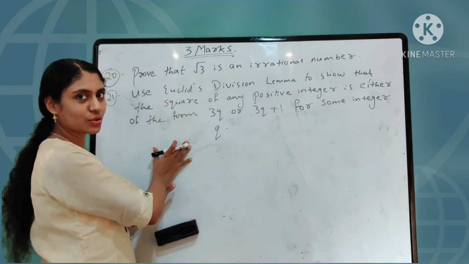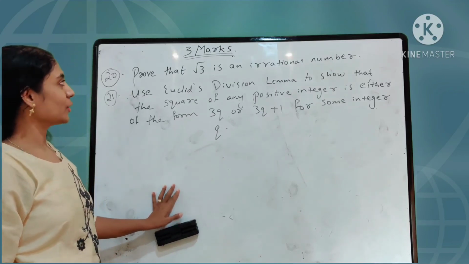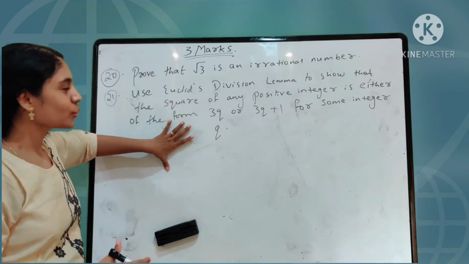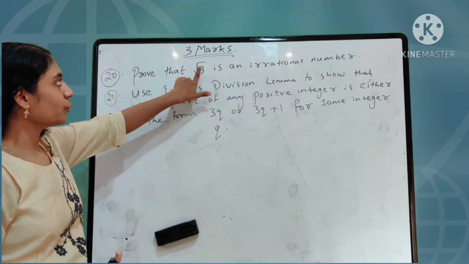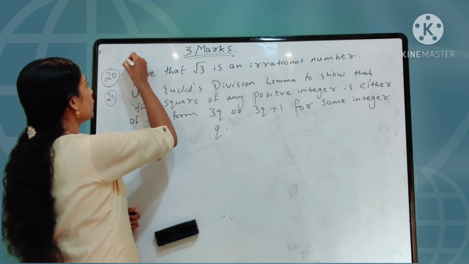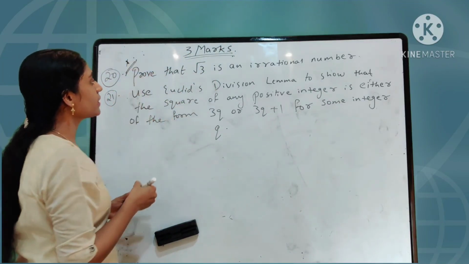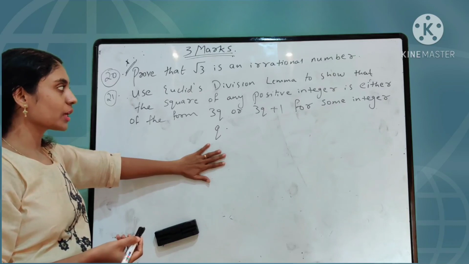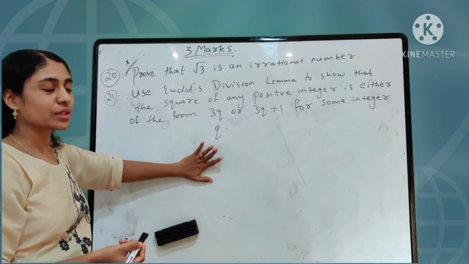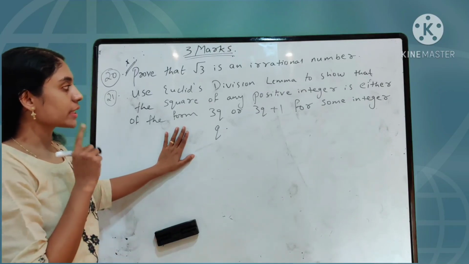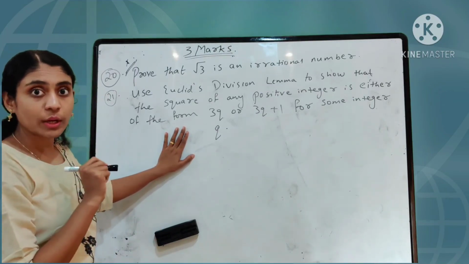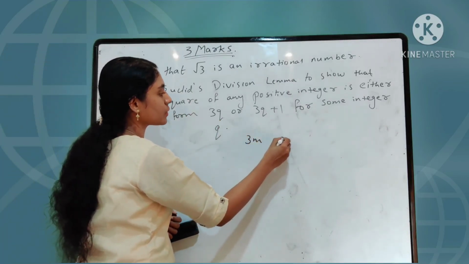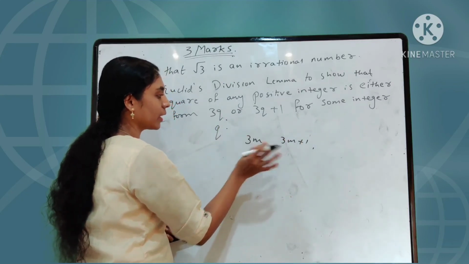And going to the last two questions. Are you familiar with these two questions? Absolutely yes, right? Why? Because this we have done. Both the questions are from our textbook, and this is example 9 to prove root 3 is an irrational number. So proving root 2 and root 3 is very, very important. Study that. And this one also, use Euclid's division lemma to show that the square of any positive integer is of the form 3q or 3q plus 1 for some integer q. This question is also from our textbook. In our textbook it is from exercise 1.1 fourth question I think, and there it is written as 3m and 3m plus 1 instead of 3q and 3q plus 1. Instead of q they have written m. That's the only difference.